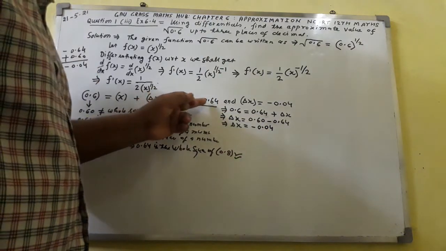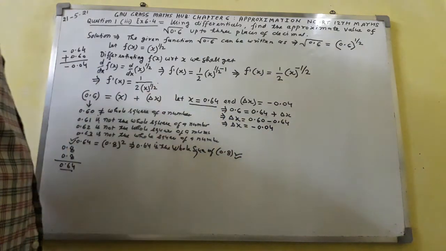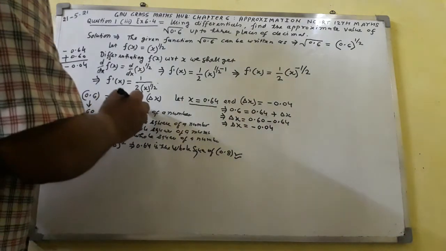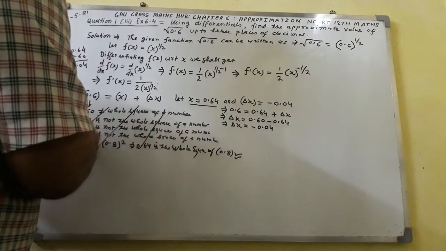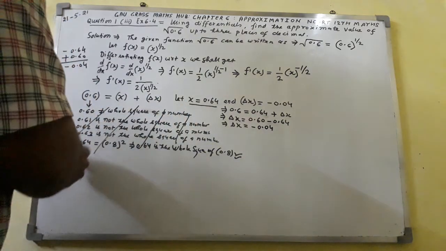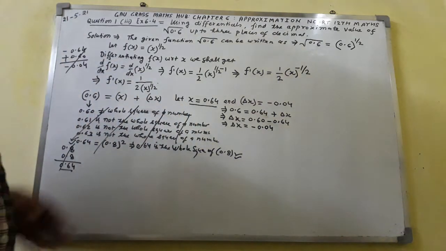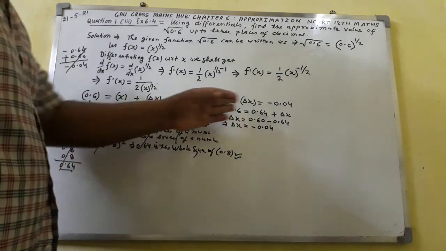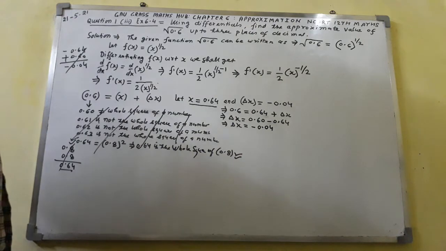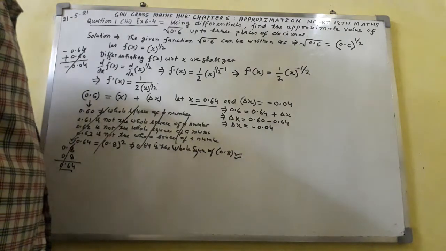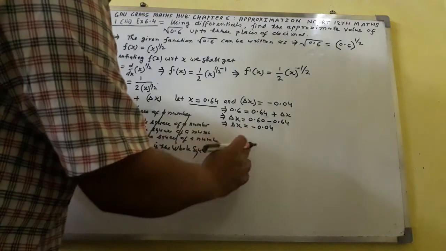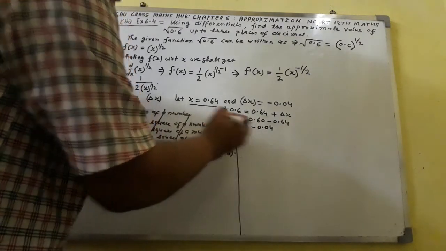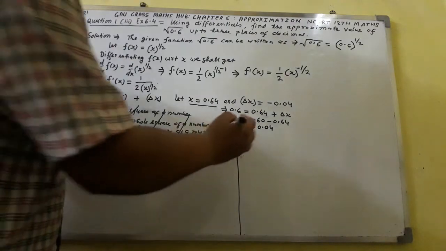The value of x will be 0.64. This value you have to determine. This one can be written as in the rough work, and this one is valid. The value of this one you have got. Now what we will do next? Next I shall explain here. So what we'll do here?